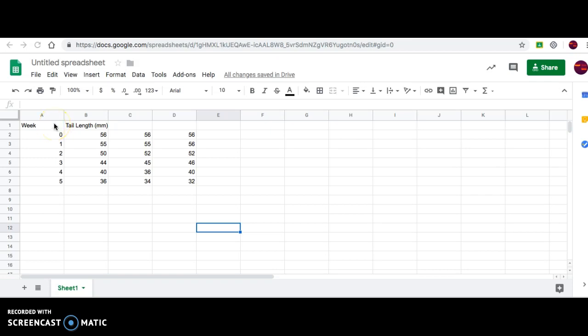Let's assume we've been taking our data for 5 weeks. So I start at week 0 because no time has passed, and this is the day we begin. These are the readings we take. And I'm going to look at tail length, and I'm going to assume that this is going to be done by 3 different lab groups. So if 3 lab groups are measuring the same sample of tadpoles and they're going to record the tail length, or it could be even measuring the same tadpole,